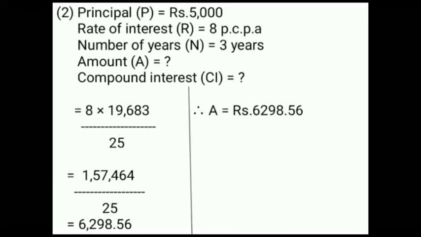The formula of compound interest is amount minus principal. Amount, you got the answer 6298.56, minus principal is 5000. Principal rupees 5000. You don't have the decimal point, so you have to take 5000.00. Amount, you got the answer 6298.56. That's why you have to take the decimal point in the principal, 5000.00. Now you have to subtract this